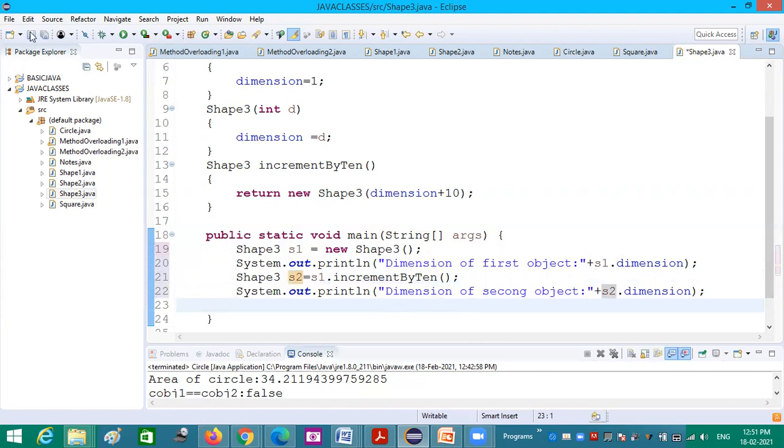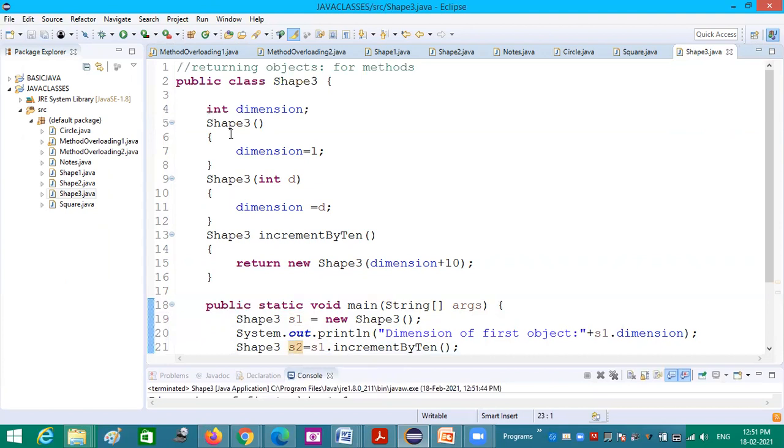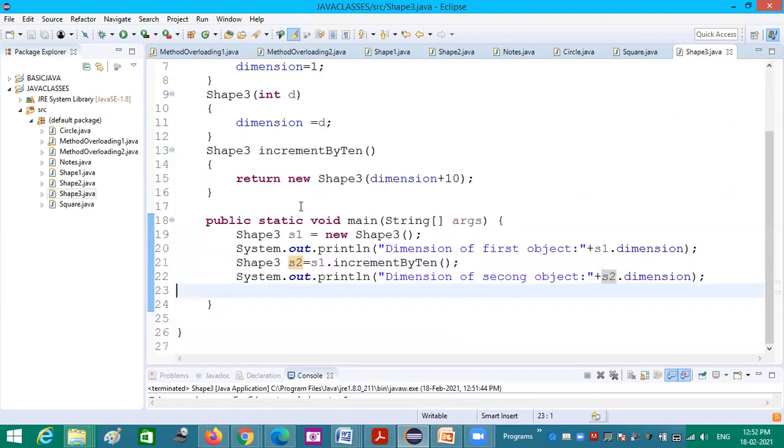So now we shall try running this. Yes. So dimension of first object is 1. Dimension of second object is 11. Okay. Now the first constructor is used. Now I am trying to use the second constructor. Okay.